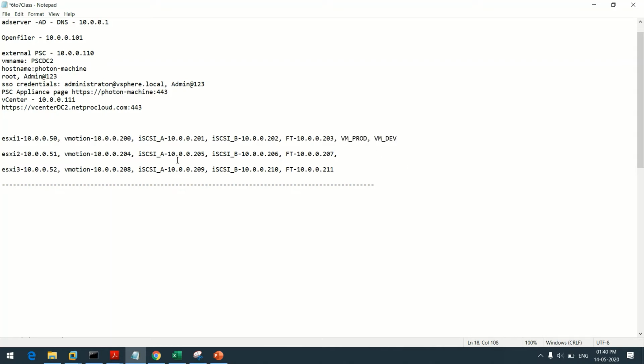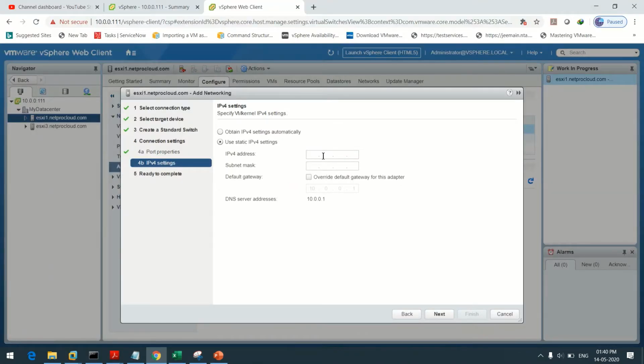Okay. So it is 200 for the vMotion. This one, 200. So give the IP address 10.0.0.200. Subnet mask 255.255.255.0. Default gateway, it is already present. It is .1, DNS server .1.